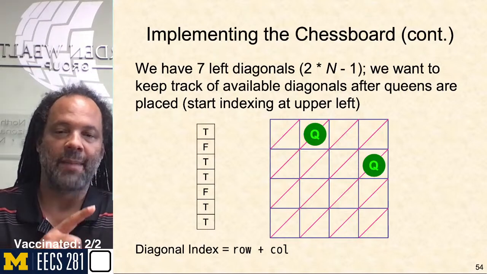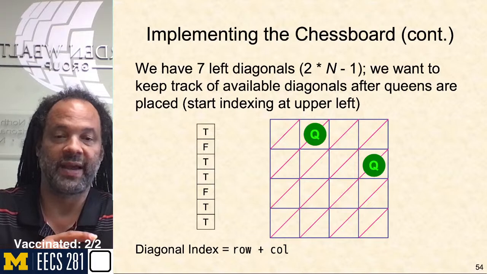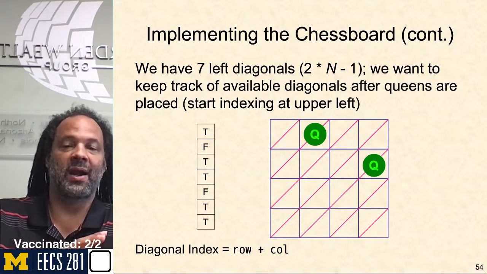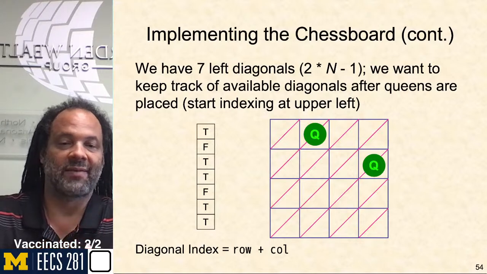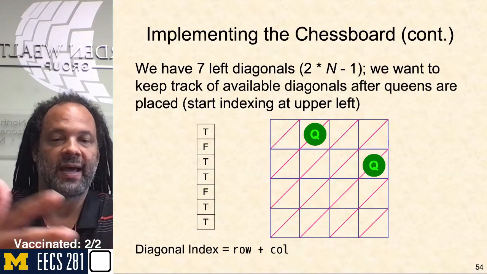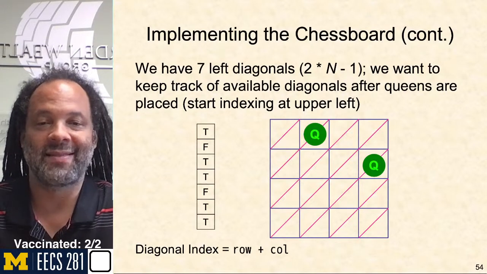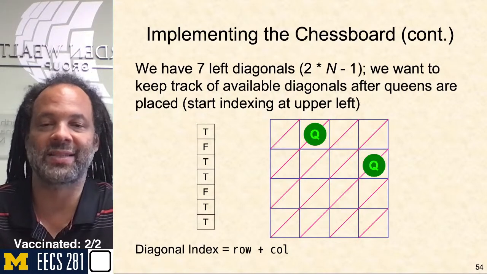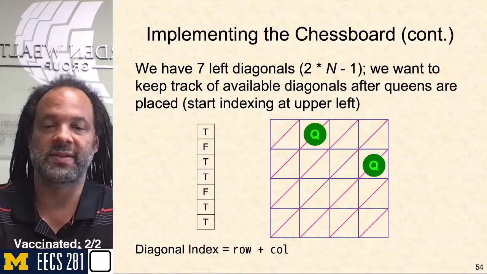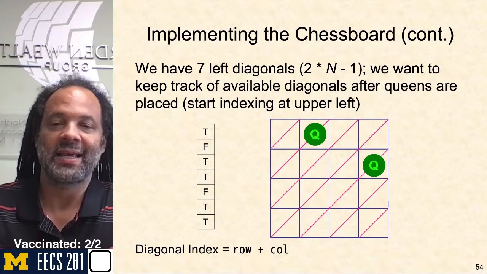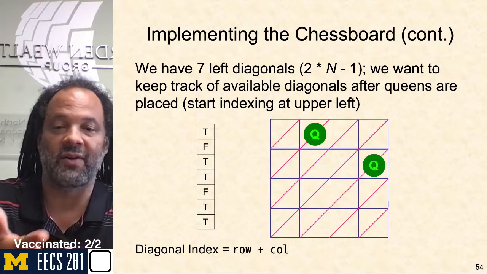I've got 2 empty diagonals after that, so you see that they're true, they're both available. Then I've got a queen sitting there in that 5th diagonal, so that's marked as false. The 6th and 7th diagonals are available, that's good. What's nice about this is the math. The math says if I'm looking to place a queen at some row and column, if I just add the row plus the column, I can use that in constant time to look in this vector and figure out